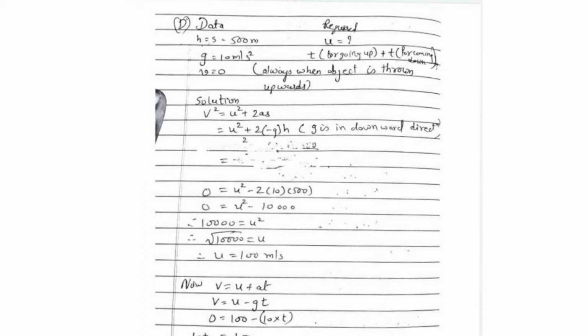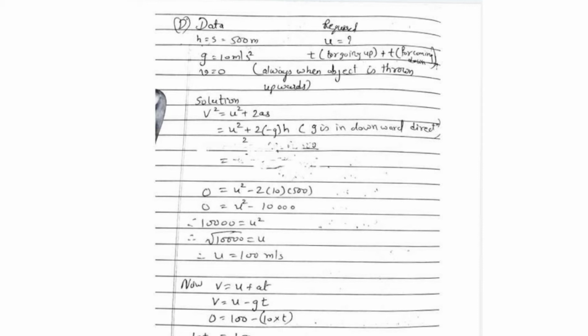And you have the object thrown vertically upward. So what is this height? This height they had given as 500 meters. So H is equal to S is equal to 500 meters. Correct? And you have to find out what is the initial velocity. When the object is thrown in the vertically upward direction, we will have V equal to 0, because it will go here, it will stop, and then it will fall down. So final velocity is 0. So I hope the data is clear.